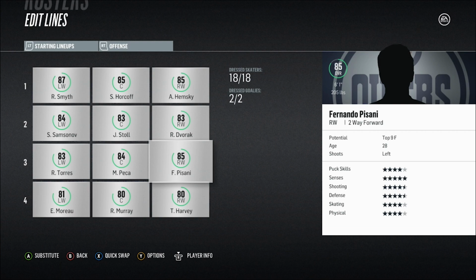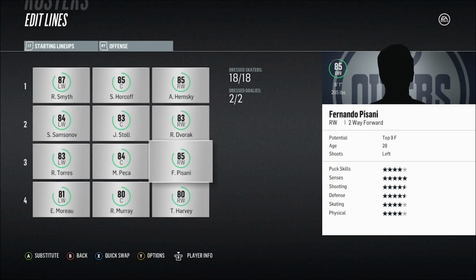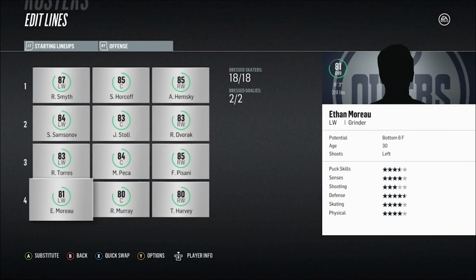During his regular season, though, he didn't put up many points. I don't think he ever even reached 15 goals in the regular season, but he was a good player in the playoffs. That's why I put his poise all the way up to a 92, hoping he comes out in the simulation. Then on the fourth line here, we got Ethan Morrow, who was the captain after Jason Smith had